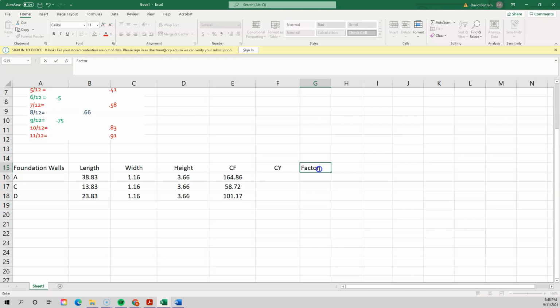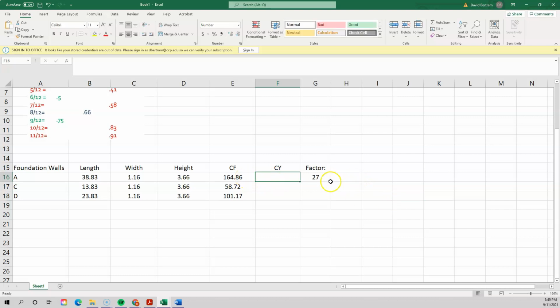You call it factor, just 27, a kind of note to self. And then here I will put 27. Or perhaps I'll do it like this, factor 27, something like that. And then this right here equals,